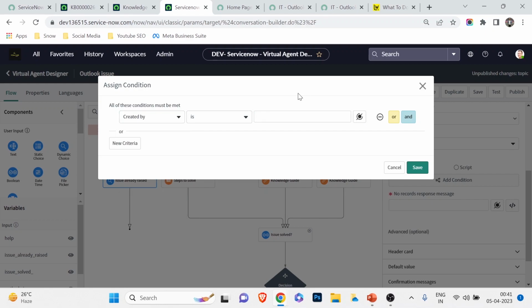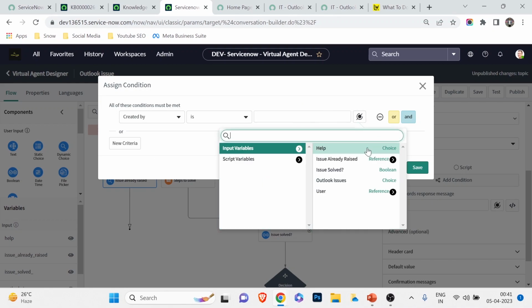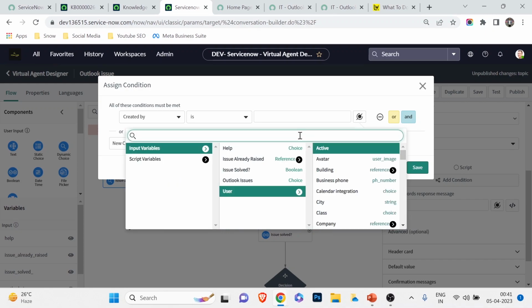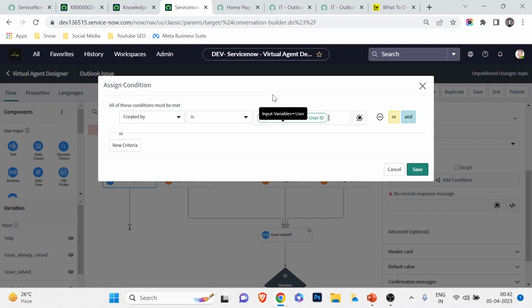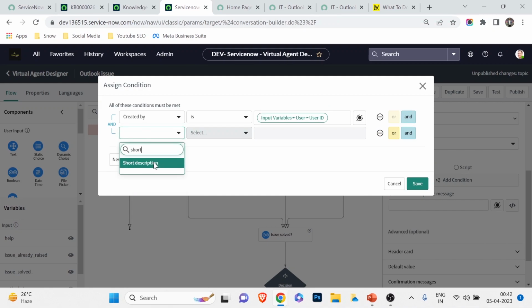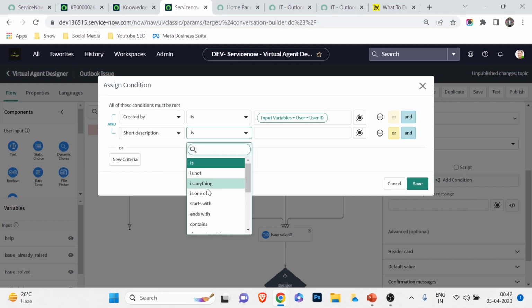that it is created by the user whoever is logged in. For that I have already shown you in the last video. I'm going to go to input variable, user details. That is the current user who is logged in. So you see it is going to be the user ID, and in the short description, if it's an Outlook issue, the short description of the incident should mention it, right? So it should contain